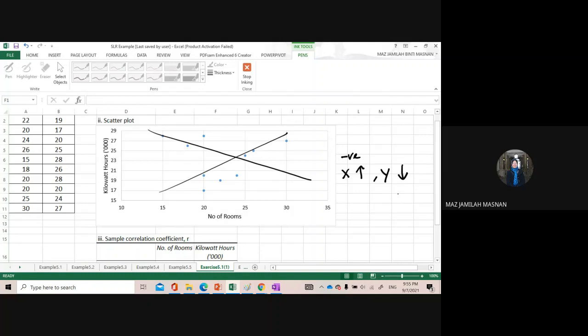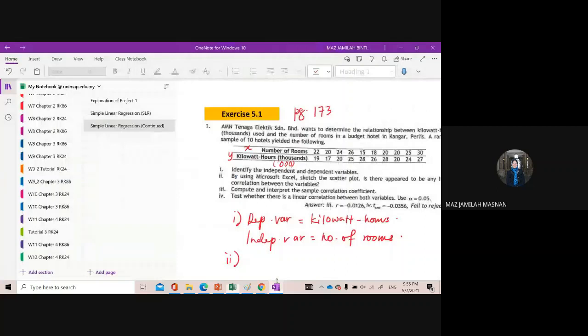So in this case, what can we tell from the scatter plot if we go to the direction of your sample correlation coefficient? Let's say you don't have this particular R, what can you tell from your scatter plot, just based on your best guess? Okay, so for the second question,